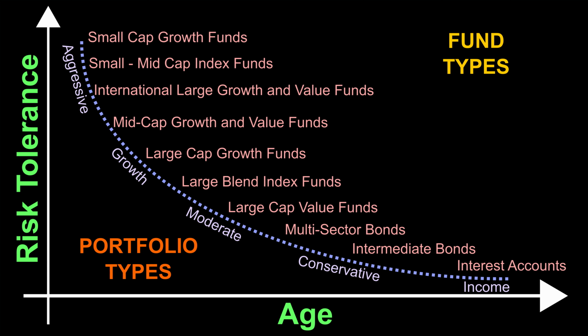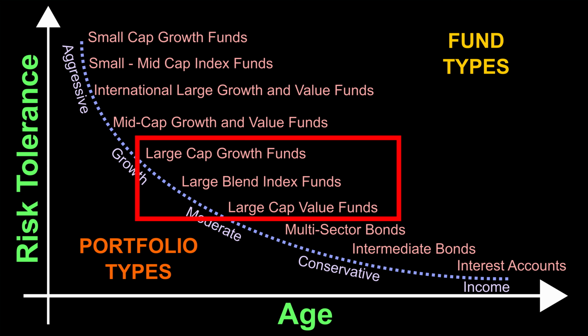Now if you look again on the right, you'll see the fund types. From top to bottom and left to right, we have small cap funds, mid-cap funds, large cap funds, and bonds. So when it comes to our Fidelity Index funds, I'm going to pick 5 across those various categories. So starting with my pick for the small cap index fund, we're going to go with